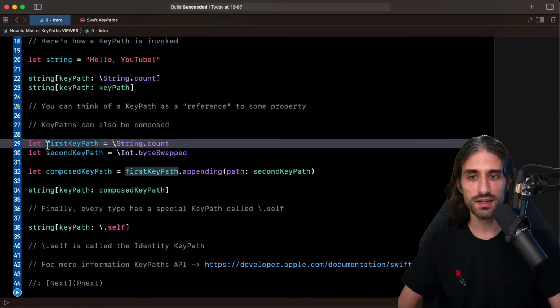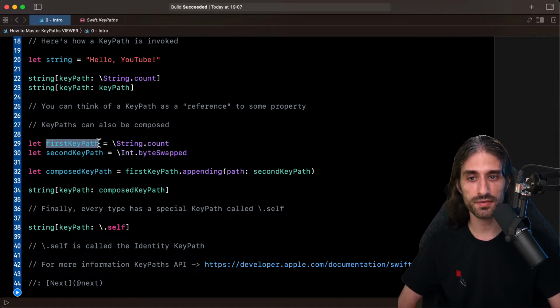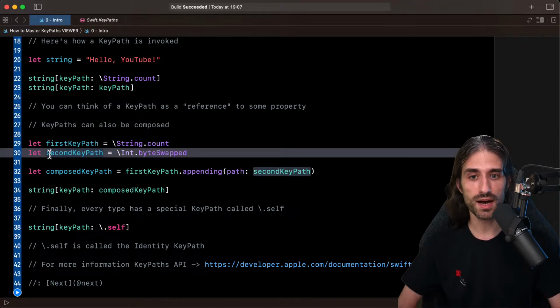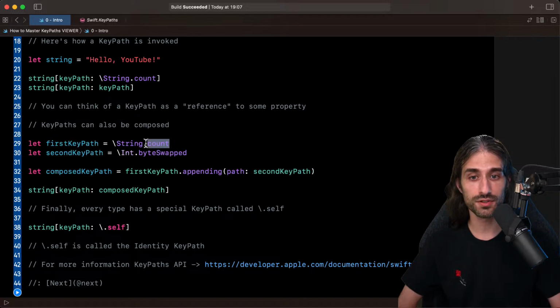For instance, if I have a first key path that refers to the property count on a string, and then a second key path that refers to the property byteSwapped on an Int, and remember that count here is of type Int, I can compose the two of them together by appending the second key path to the first key path.